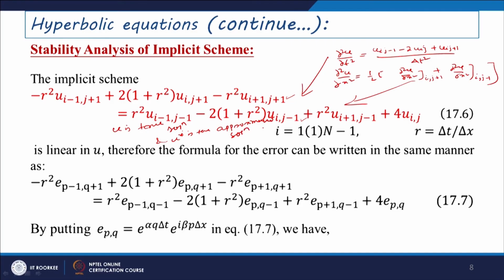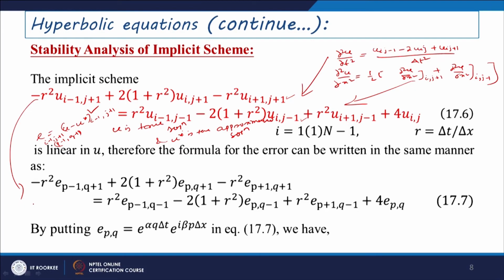So, that is why if you take E as u minus u star at the particular points, then especially you can write E at i minus 1, j plus 1 point as p minus 1 and q plus 1 point, which is defined at i minus 1, j plus 1 point there itself. So, that is why it can be represented as minus r square E of p minus 1, q plus 1